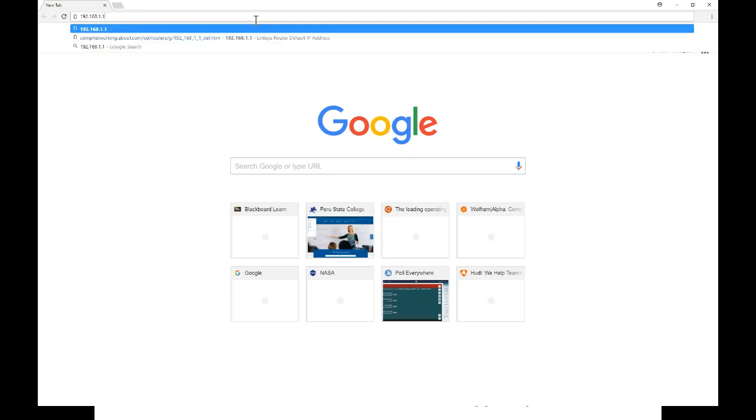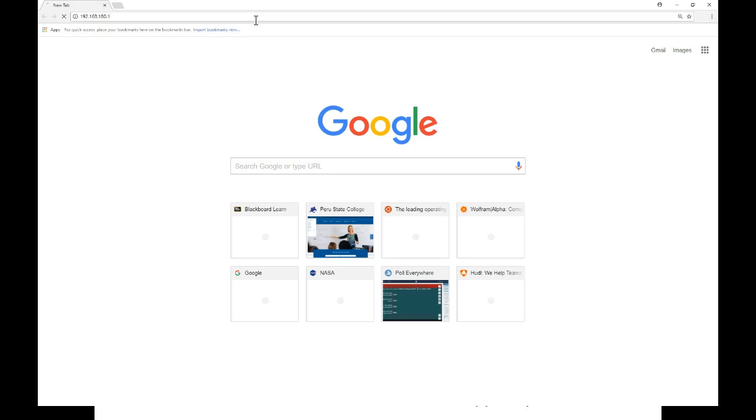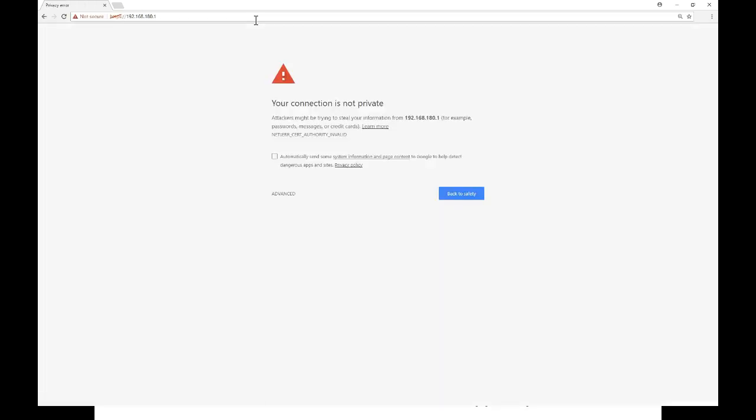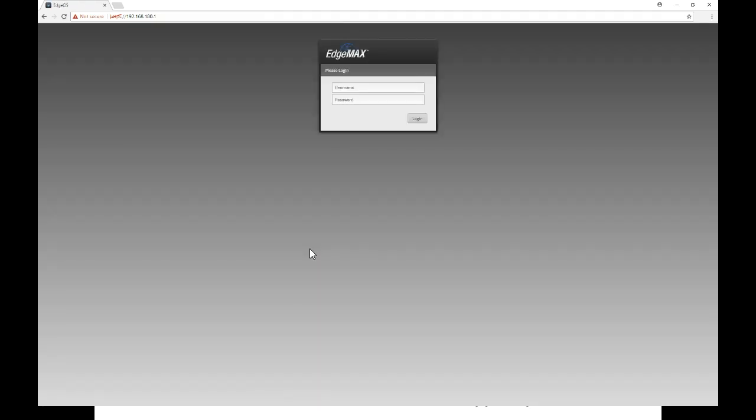192.168.1.1 is probably the most common, or 1.0. Well, we have a little different addressing scheme because I wanted to make sure ours was different than anything else on the college campus, because our little campus in here is a little bit unique. Yes, I do really want to proceed. All right, so if I can remember the login name,